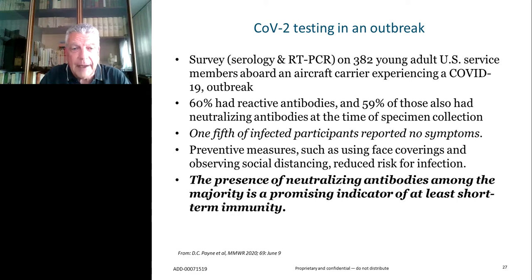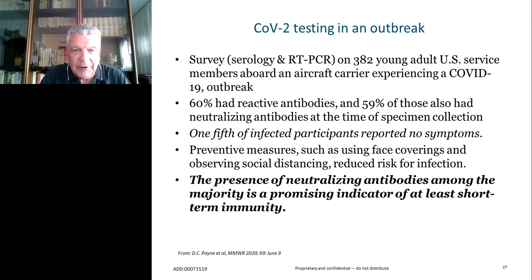And the preventive measures reduce the risk of infection. Again, the relevance of preventive measures, barrier methods, and distancing is to be continually enforced. But you see here mentioning the neutralizing antibodies, and this is another very interesting topic. I think we need a word of clarity about that. Everybody has seen papers or wrappers about neutralizing antibodies, neutralizing activity, immunity, and so forth. Let's try and sort it out.